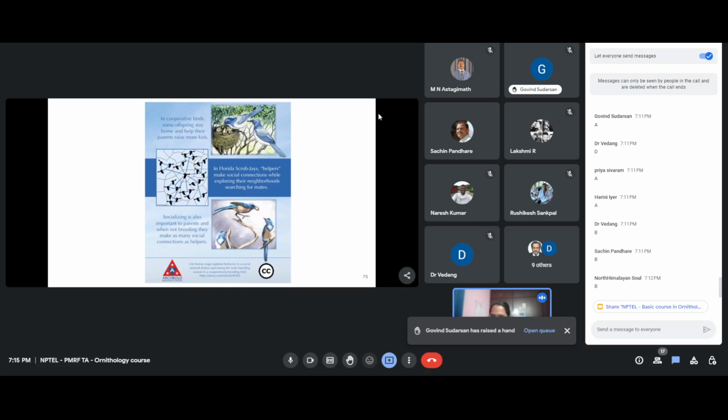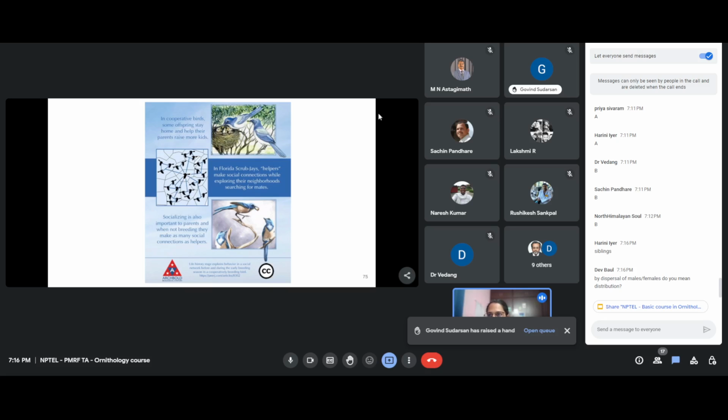Sure, most of that is valid. Yes, social connections are made, mostly by the helpers, because do you know who actually are the helpers in a particular nest? Usually the same family, the offspring, immediate kids, siblings. It's mostly offspring that are helpers in the nest, but I'm not sure whether in this species or other species there are instances where helpers are also non-kin. Most of them are kin, and they take a lot of time and effort.